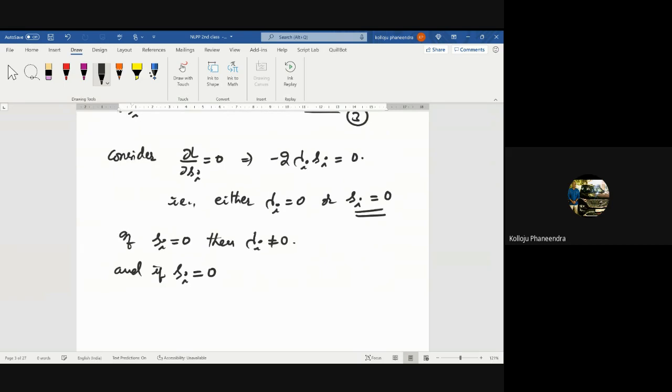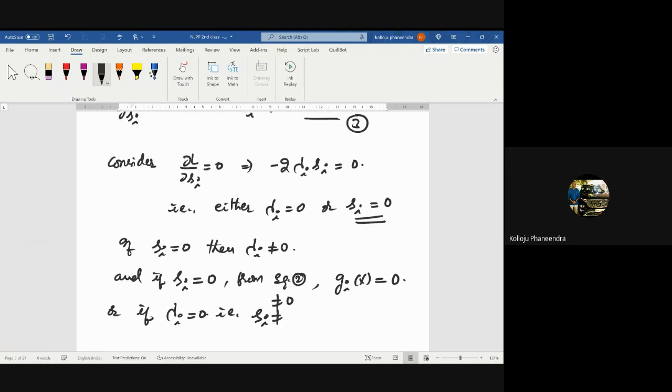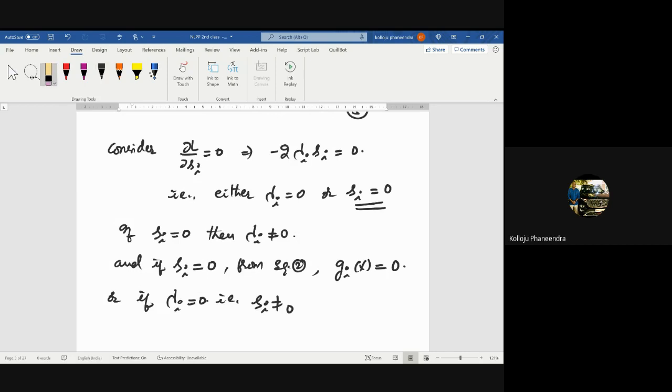from equation 2, what am I getting? g_i(x) equal to 0. Or if lambda_i equal to 0, then what does lambda_i equal to 0 mean? If lambda_i equal to 0, that is s_i is not equal to 0, right? Please understand this concept. Lambda_i equal to 0 I am taking, therefore s_i not equal to 0. Then from equation 2,